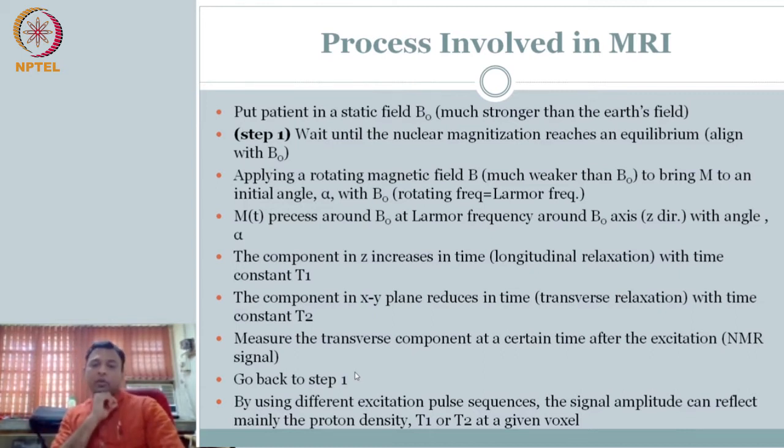So now what we need to do is take all this intuitive understanding of the magnetization vector changing with time, in the presence of the static magnetic field and the manipulation with the rotating magnetic field, and put it in the form of equations. We know this motion qualitatively, we have described it, but we need to mathematically describe the equation that governs this motion. That is what we'll attempt to do in the next 10-15 minutes.